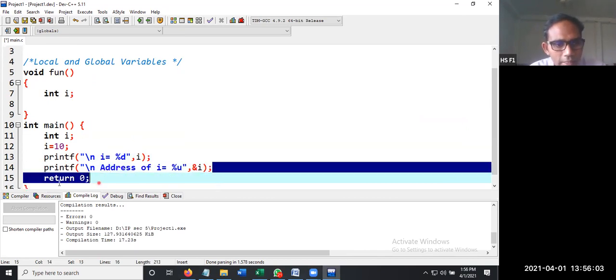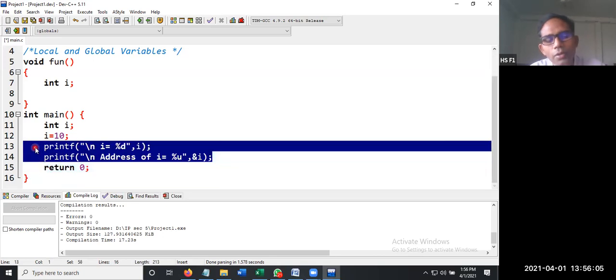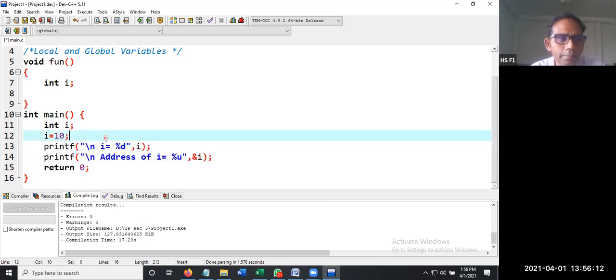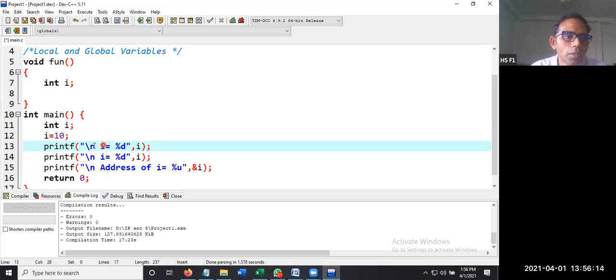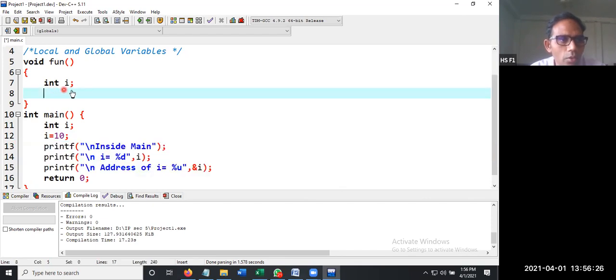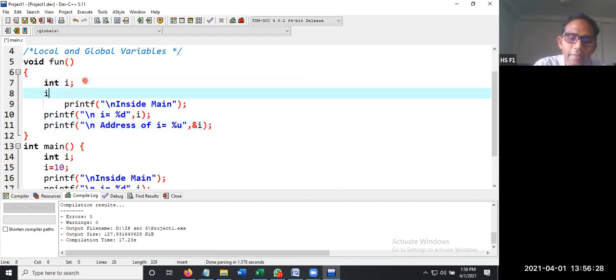Here in this line we are going to print the address, and here we print the value. Before this, we print inside main. We copy this code and write similar code over here, now with I value equal to 20.